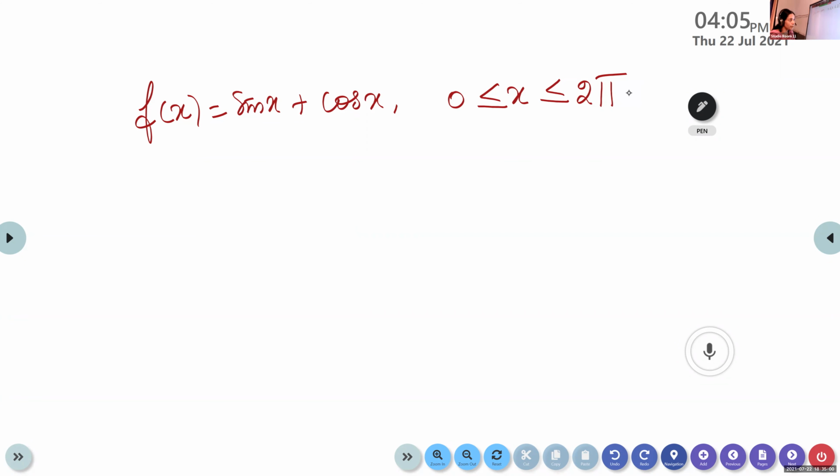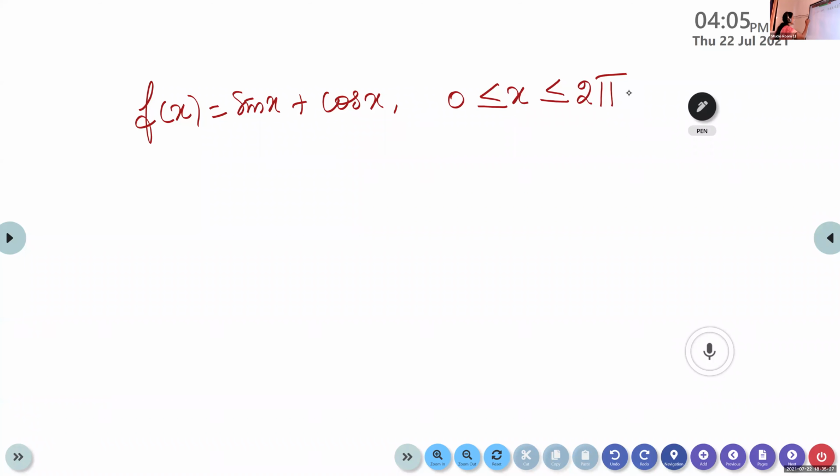In 0 to 2 pi means that the full value you have to take, isn't it? One full rotation you have to take. In the previous case, we had only the first quadrant. Now here it is from 0 to 2 pi. Now listen, children. The important point is, if you follow the way I am going to do it, it will be easy for you. I feel it is easy. Sometimes you may feel the other method is easy.